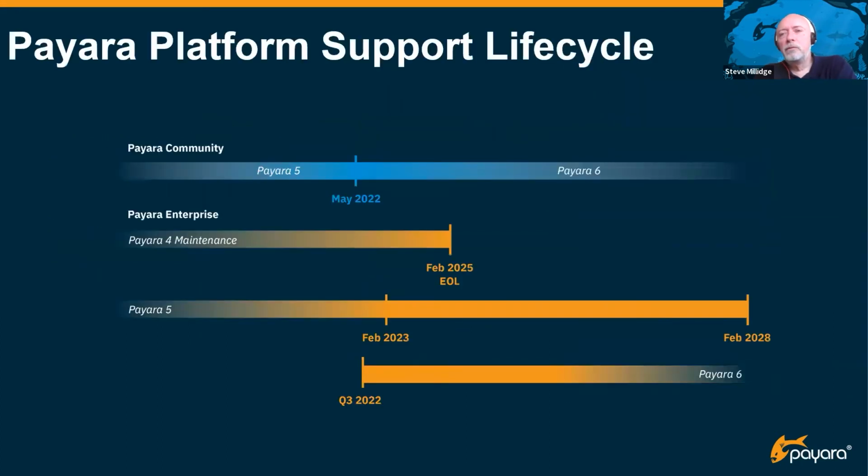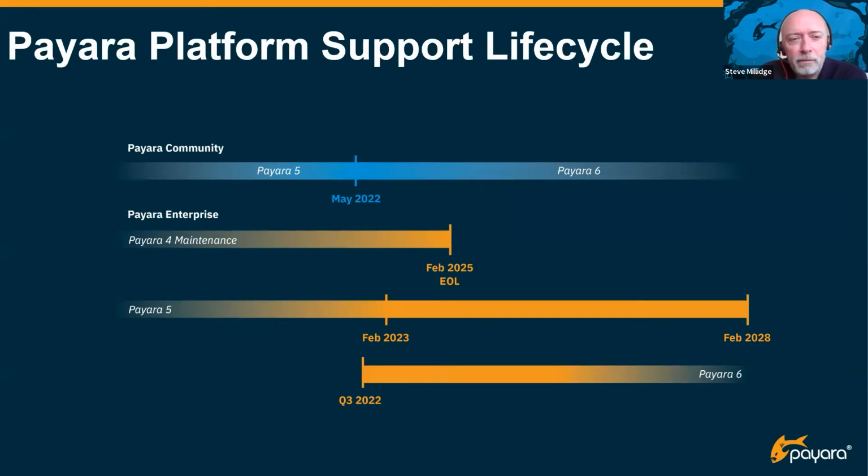So how does that fit into a support lifecycle if we're bringing out a new major? This illustrates it. Again, the exact months may change, but it'll be roughly around these quarters, depending on when EE10 ships, which is obviously not in our control. So for Payara community, if we assume that EE10 drops in May and we have a Payara 6 final in May, then the master branch of community code will switch to Payara 6 and Jakarta EE10 at that point in time.